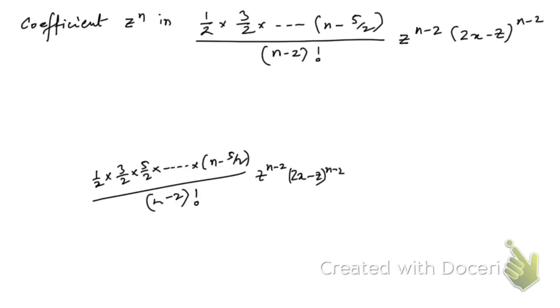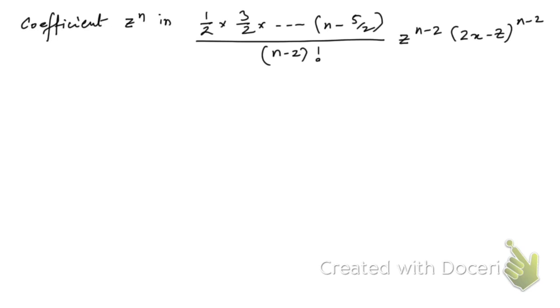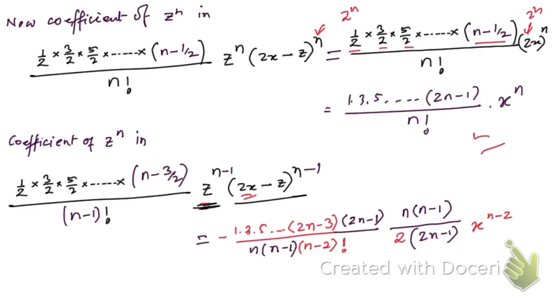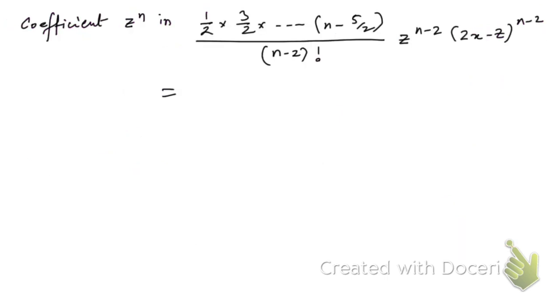Okay, so now similarly we can find a coefficient here also, and I'm not going to obtain it as I did in this slide. We're just going to observe the pattern and try to find a coefficient from these two coefficients. Let me go back to the previous slide and copy the other two coefficients